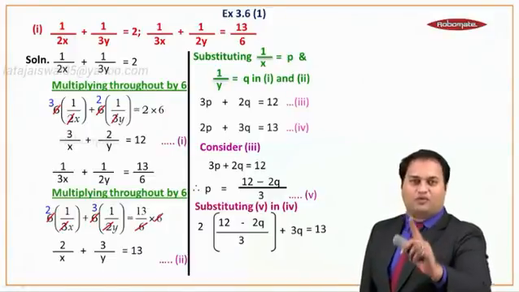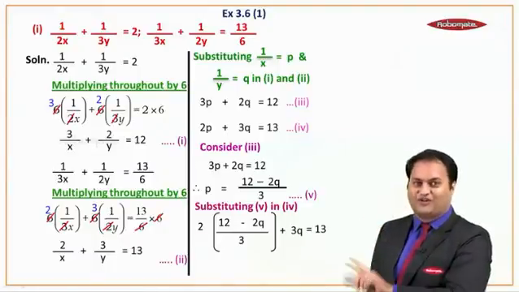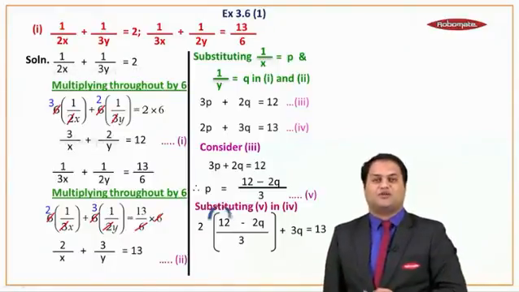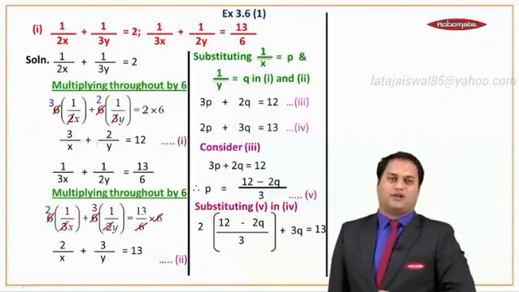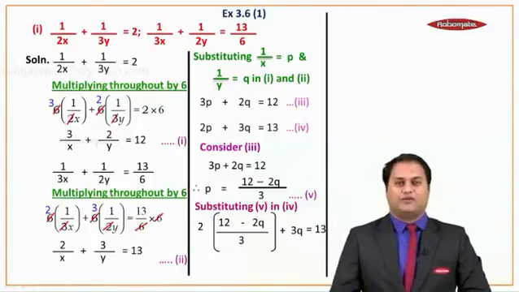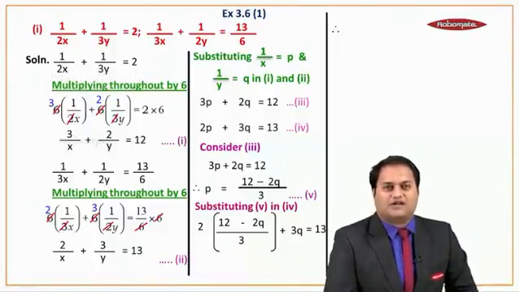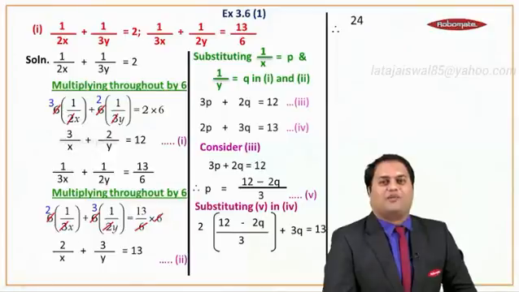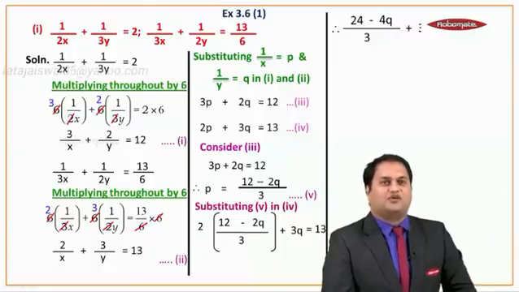Now here we will have to open the brackets, but 2 will get multiplied only to the numerator, not to the denominator. Chalo, let's multiply. 2 will get multiplied with 12 and 2 will also get multiplied with minus 2q. Let's do it. What do we get? 2 12s are 24 minus 2 2s are 4q upon 3 plus 3q is equal to